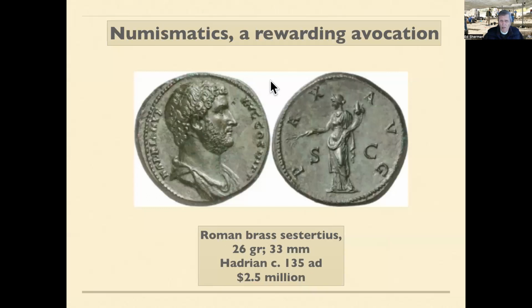Here is an example of somebody who was certainly rewarded for their collecting skills and knowledge. Someone had acquired this apparently very common looking brass sestertius, not a very imposing coin, but the minting of it was absolutely incredible. Good, sharp features. This is a wonderful portrait of Hadrian, the emperor, who is displayed here. And the goddess Pax,